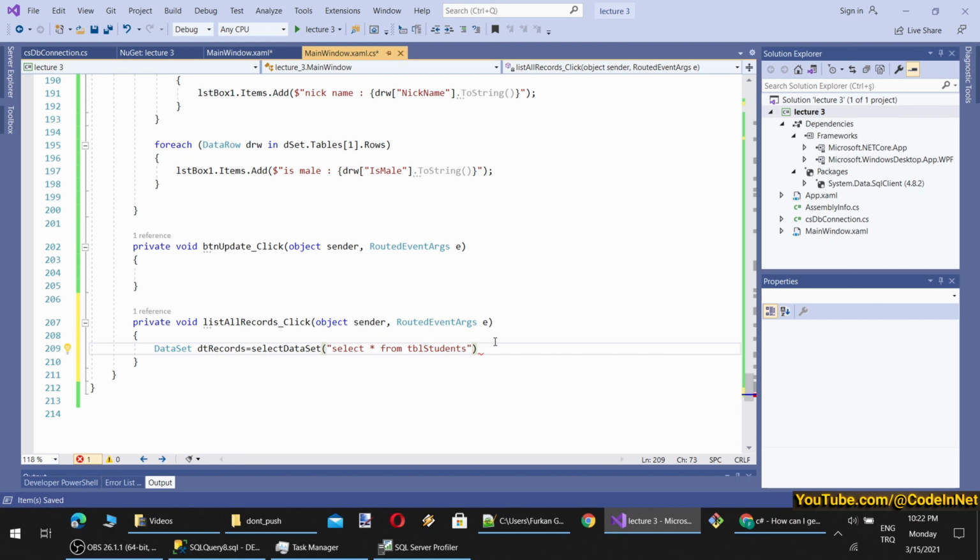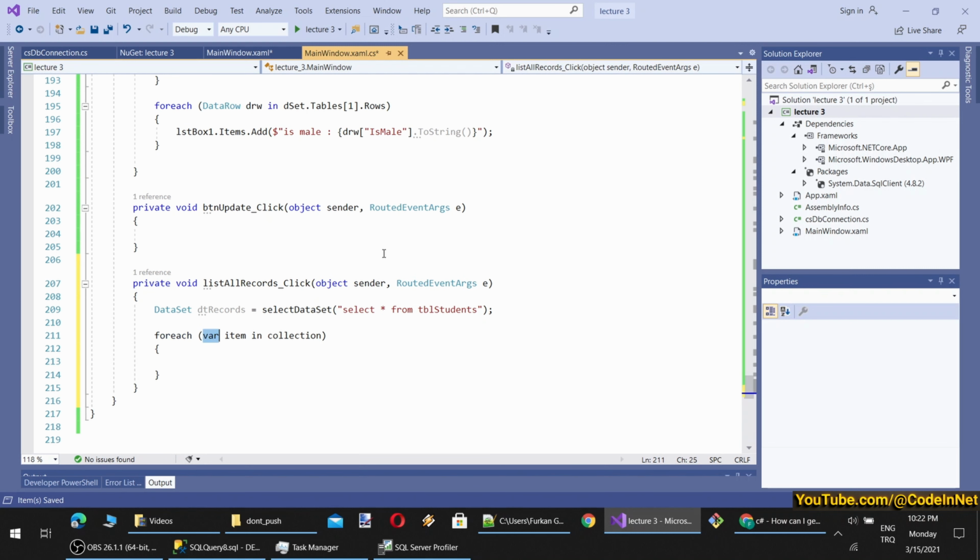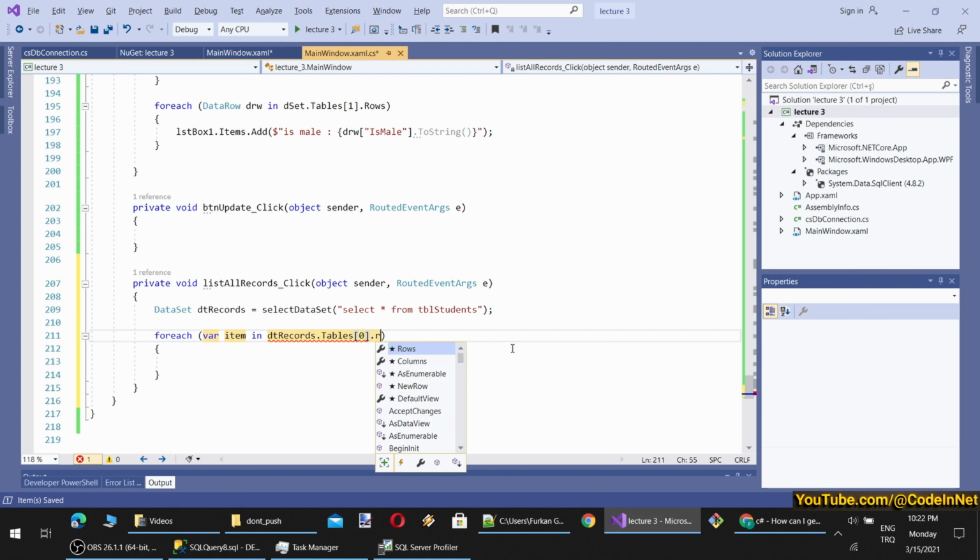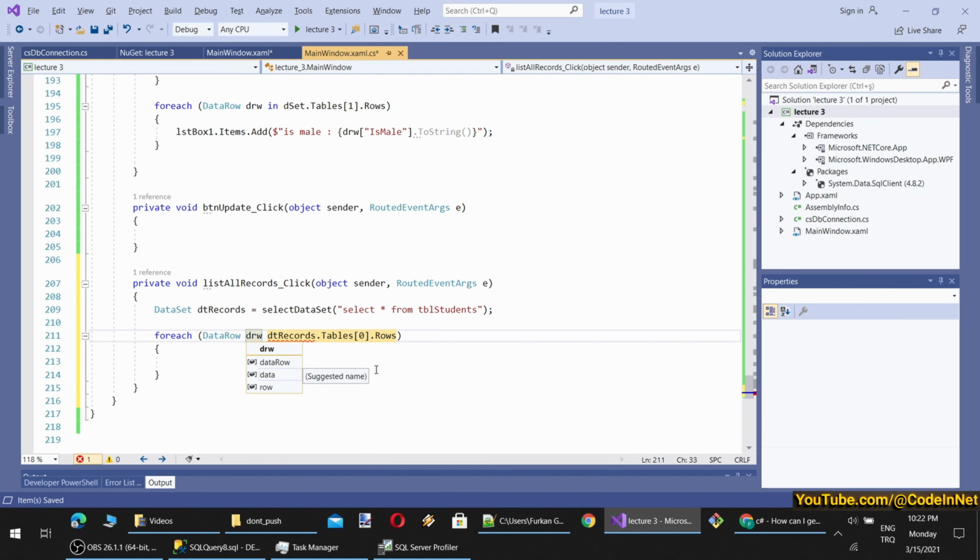This will be a base query, and what I am going to do is a foreach inside the first table. However, if my query fails, my application would crash, but I am not considering uncaught errors right now.